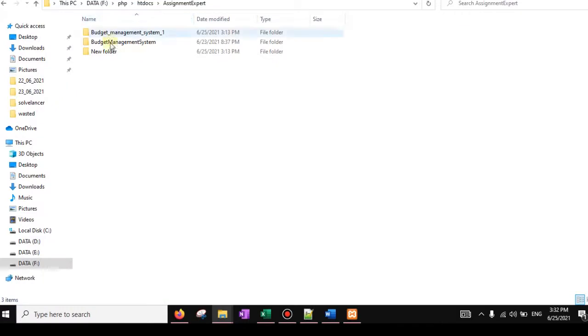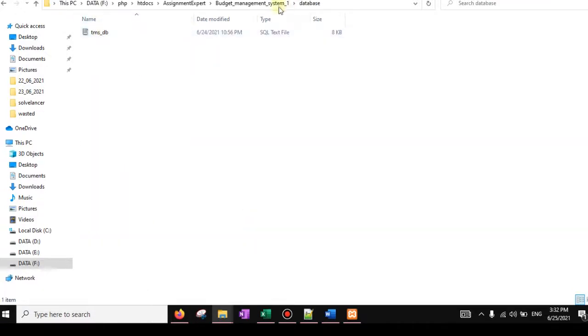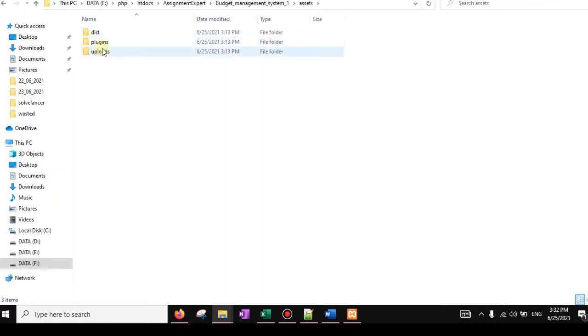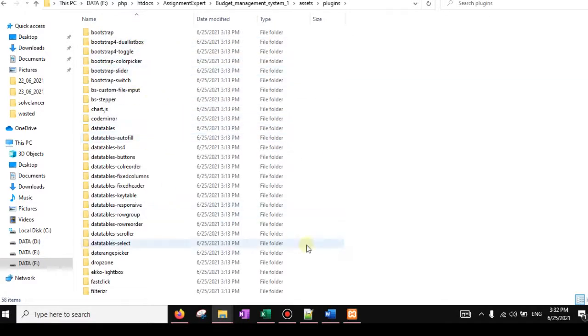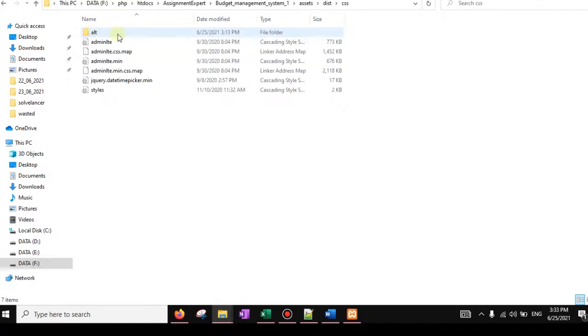Now in the budget management system, these are the PHP pages, and this is the database for the stored information. In the asset section we are able to see plugins. These are the plugins which we are using to design the application, and in the dist section this is the CSS.